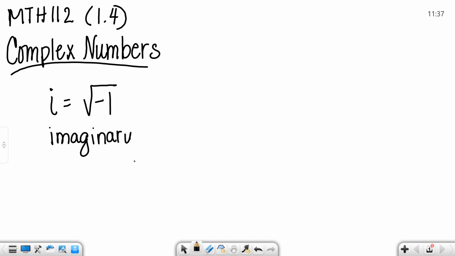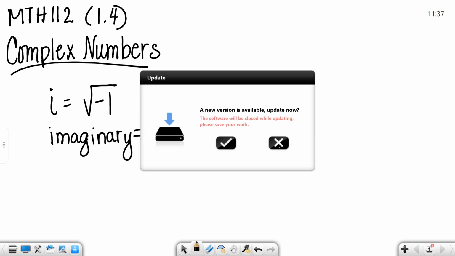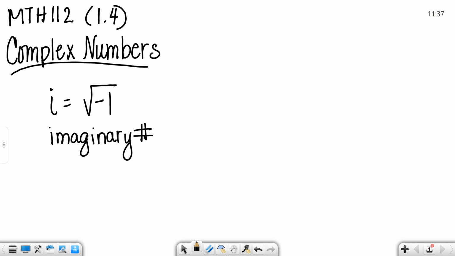i is an imaginary number. Yes, there is such a thing. Okay? If i is the square root of -1, then i squared is -1. Okay, so these are things that you're going to need to commit to memory. Right? Now, the reason that's going to be helpful is if I said, let's find the value of i to